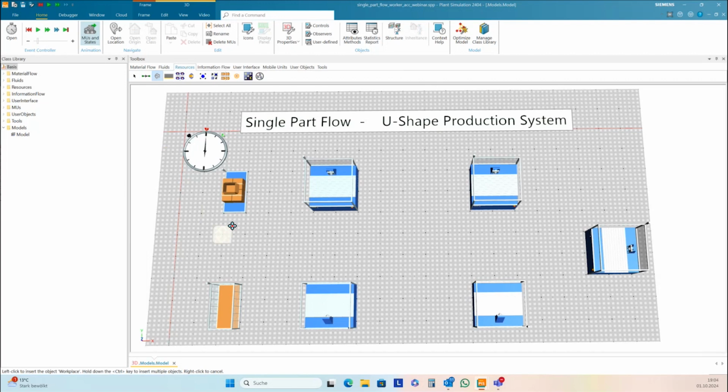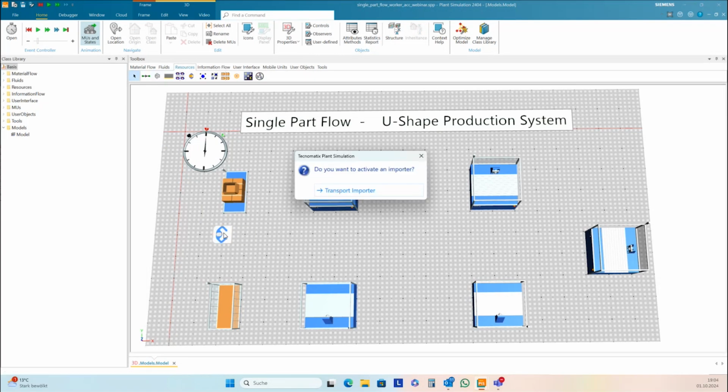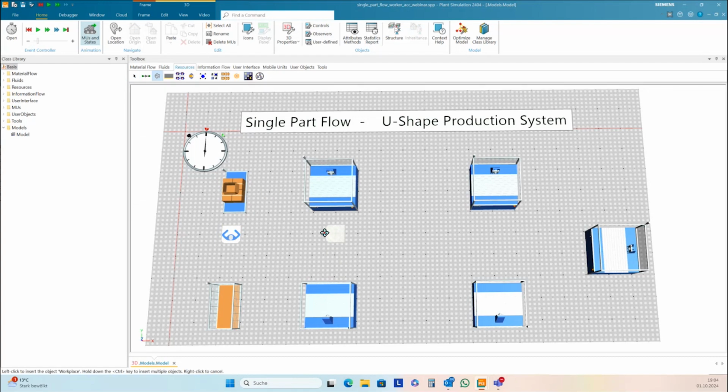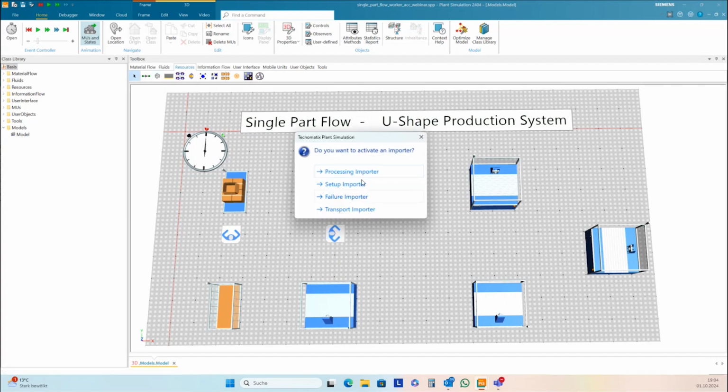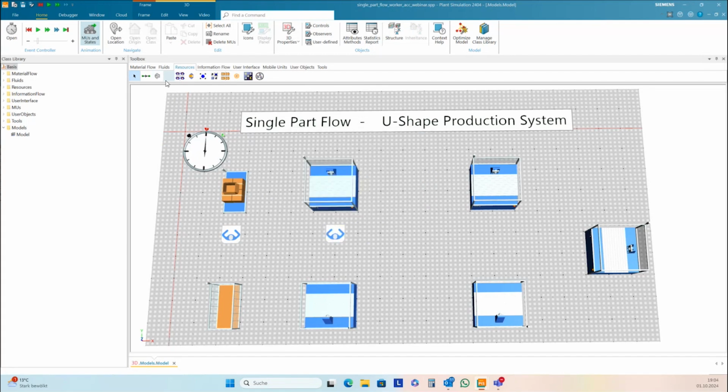In 2404, Plant Simulation will ask you what kind of importer you want to activate. For the source, it's easy: it's only the transport importer. For the stations, you can activate the processing importer, but we also need to activate the transport importer later.